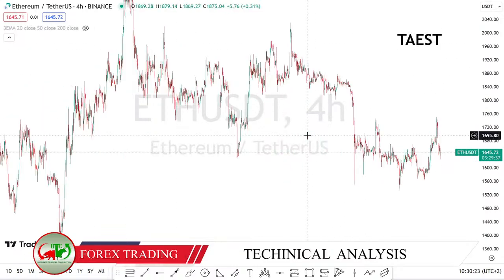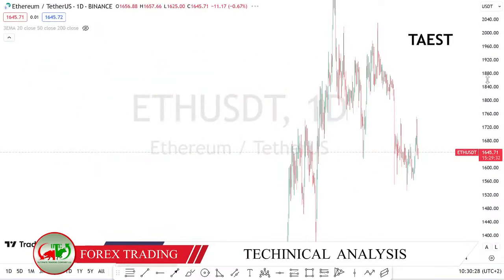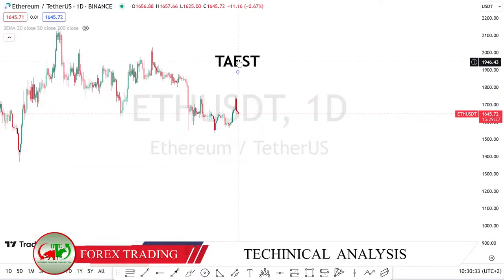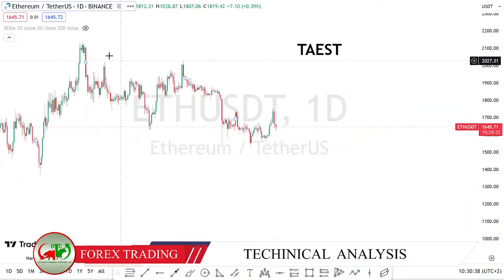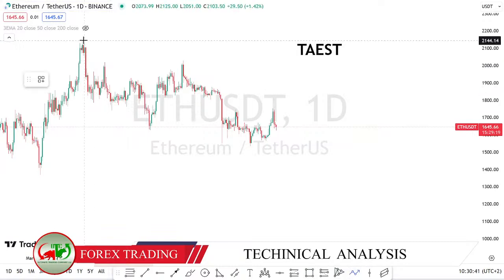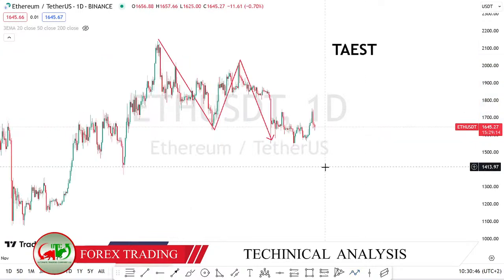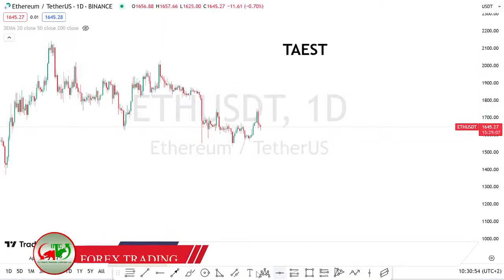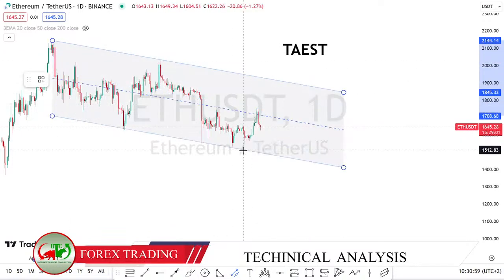If I look for this Ethereum here on a medium term, okay, maybe let me start on a daily time frame. This cryptocurrency, it is choppy, okay, and it is making this bear flag. I can see that because it is making lower low and the lower high. You can clearly see that. Therefore, this indicates that the Ethereum USDT, it is bearish currently. So you have to look for selling opportunities in this